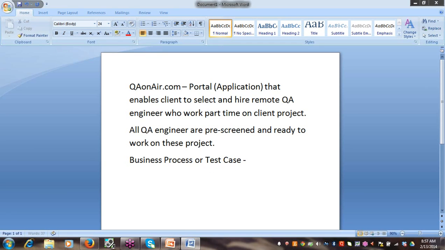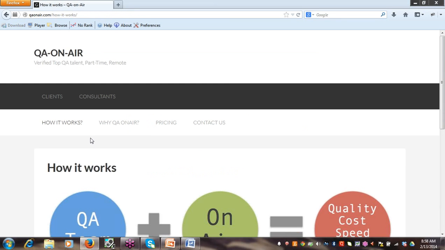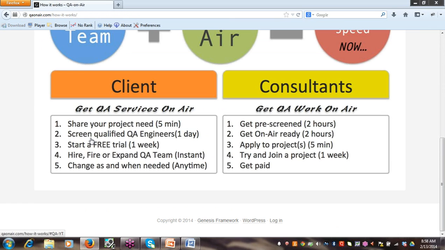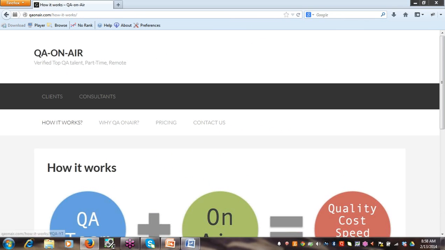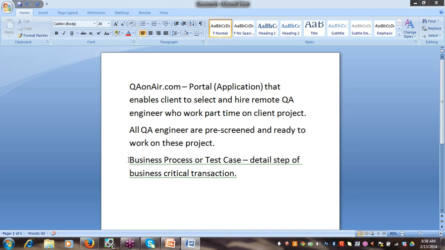They are the detailed steps of business critical transactions. I would be giving you those business processes, and then you as a team, when we divide into teams, would be working on them for all the phases as I mentioned,